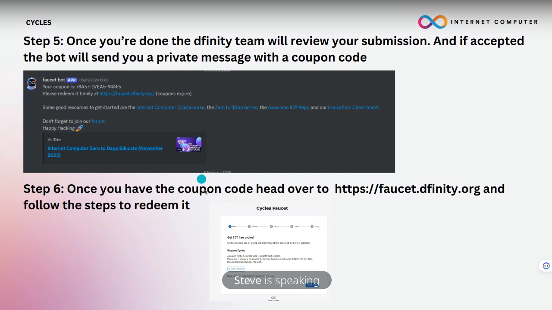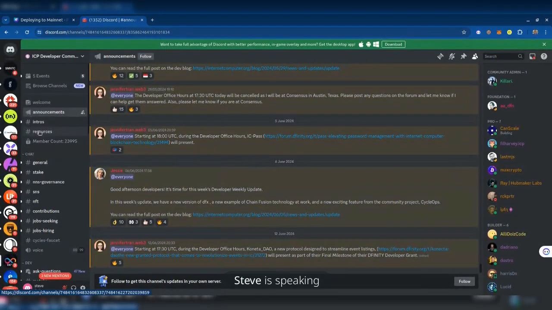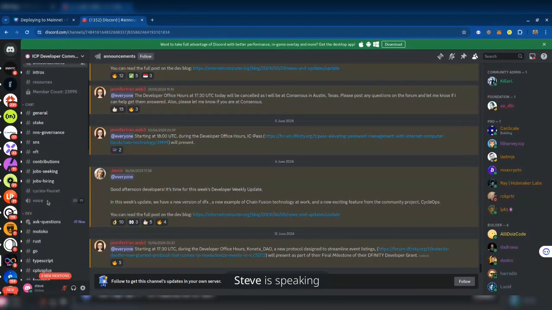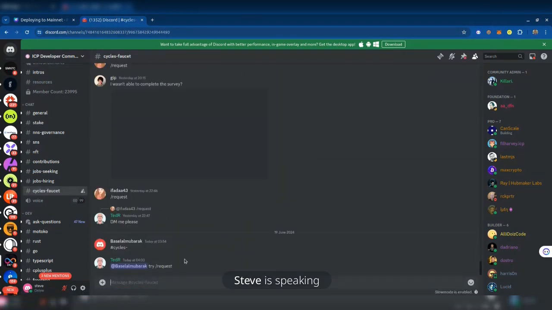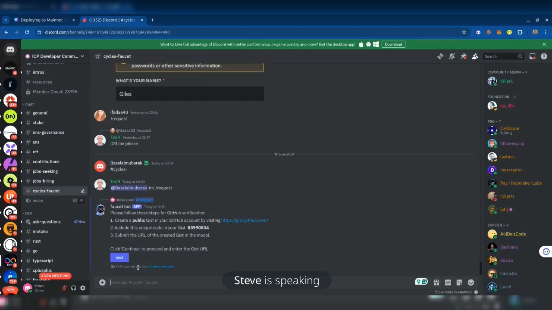And once you have the coupon code, you'll head over to this particular URL, faucet.dfinity.org, and follow the steps to redeem it. So let me just check whether Discord is open. Yeah. So once you're in the Discord channel for DFINITY or the ICP developer community, this is the command that you should write, request. And once you execute it, you get this particular